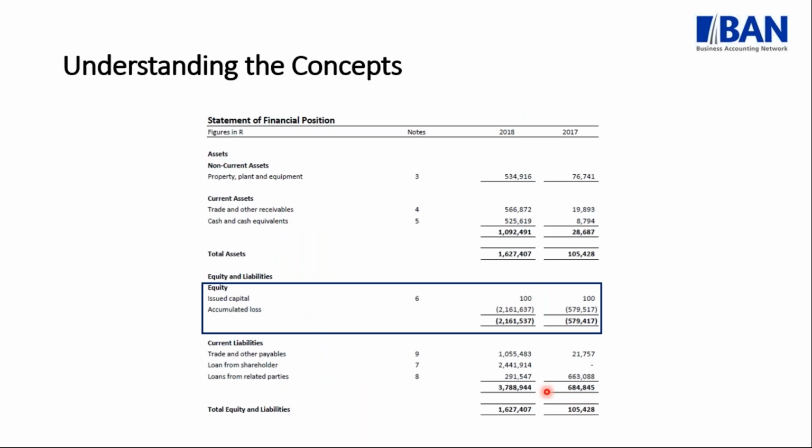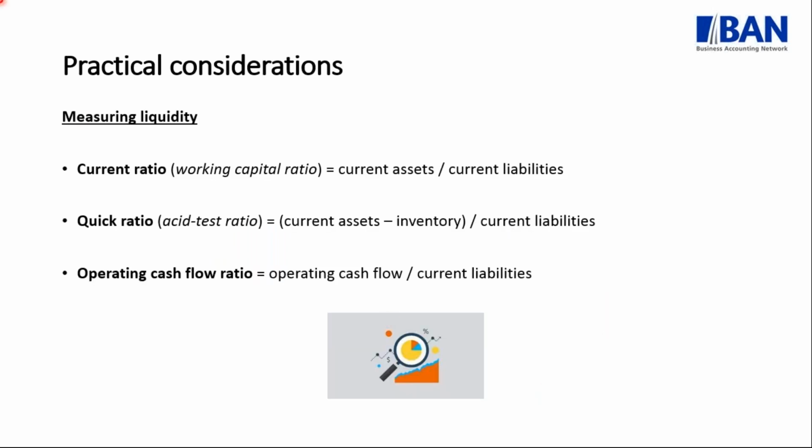Now that we understand the concept of liquidity and solvency, let's convert that into a more practical point of view and see how that can be applied to your business. So the first thing that we're going to look at is how do we measure liquidity? What can you do on a regular basis, month to month is advised, to track your liquidity and see what the financial health of your business looks like? So the first thing that we're going to look at is a little bit of ratio analysis. We're going to do a few calculations. I'm going to show you an example as well, just to put it into context, in terms of how you can measure the liquidity of your business.